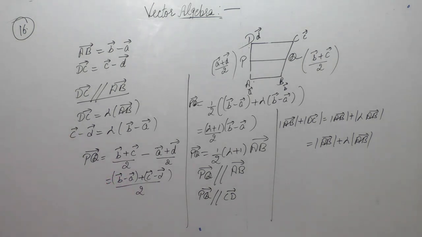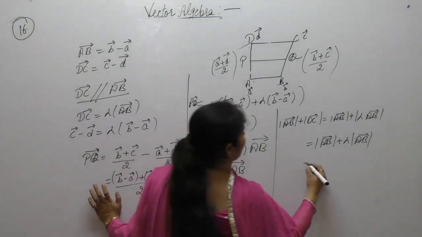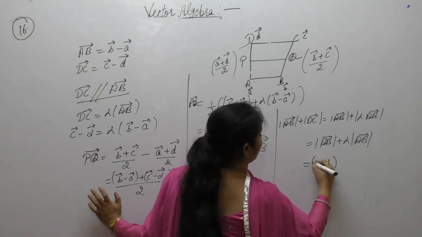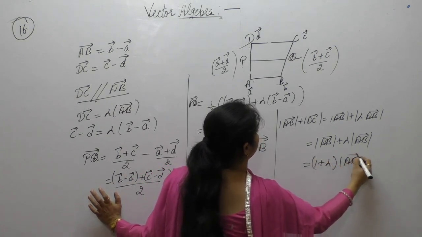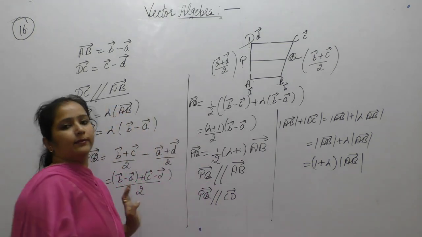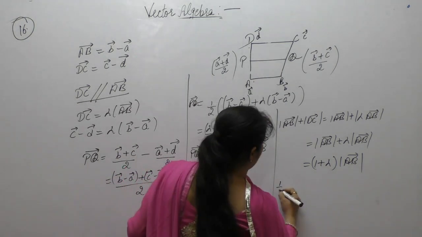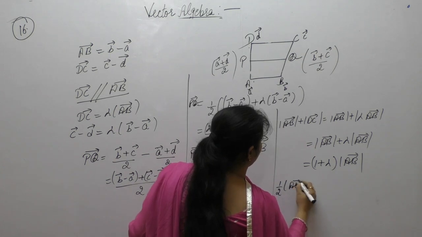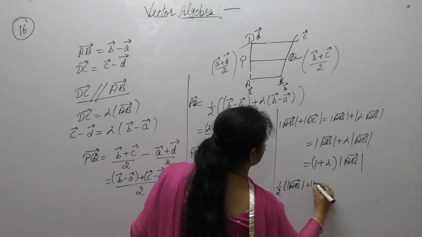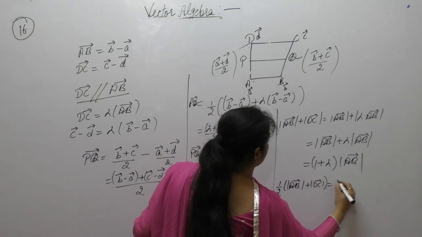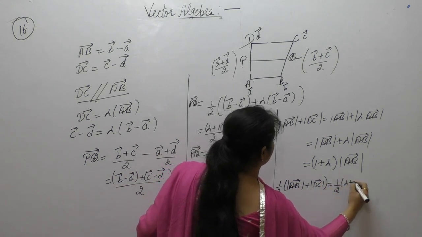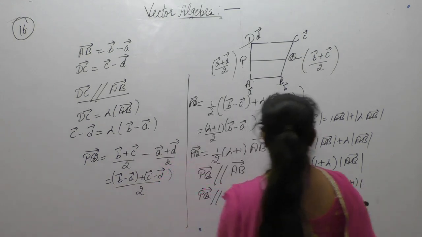Magnitude of lambda is lambda, so we can write it as 1 plus lambda AB vector magnitude. Now both sides multiply by half of AB vector magnitude plus DC vector magnitude, 1 by 2 lambda plus 1 AB vector,